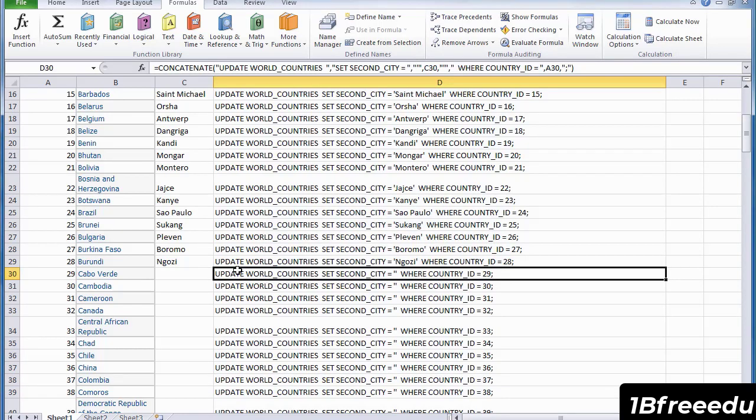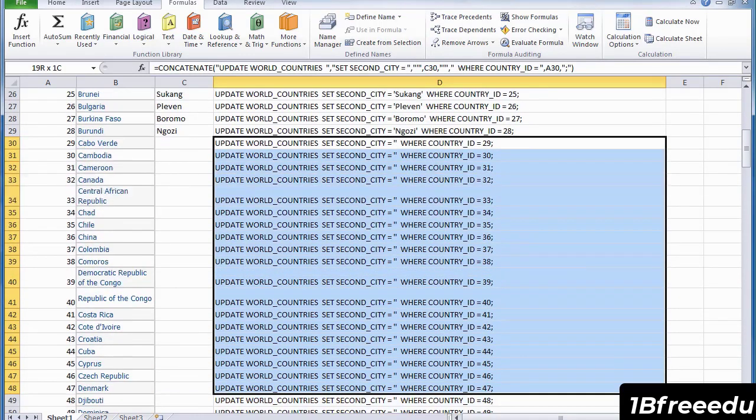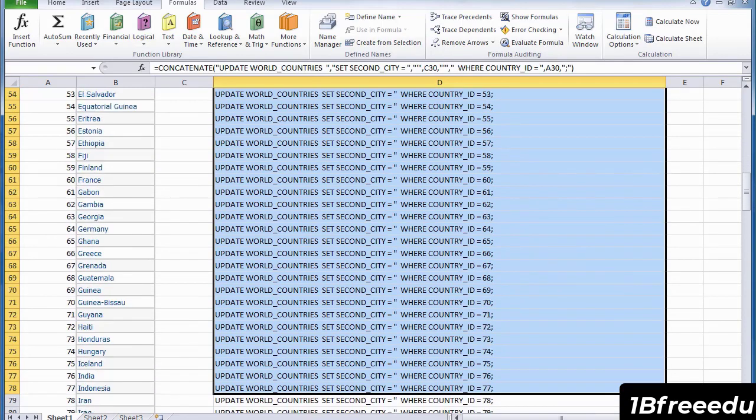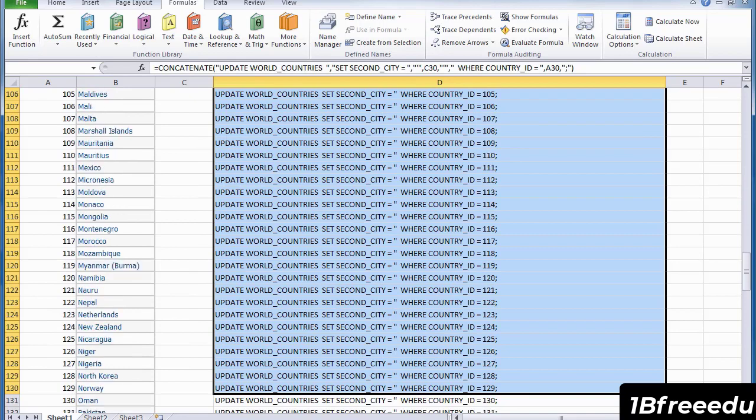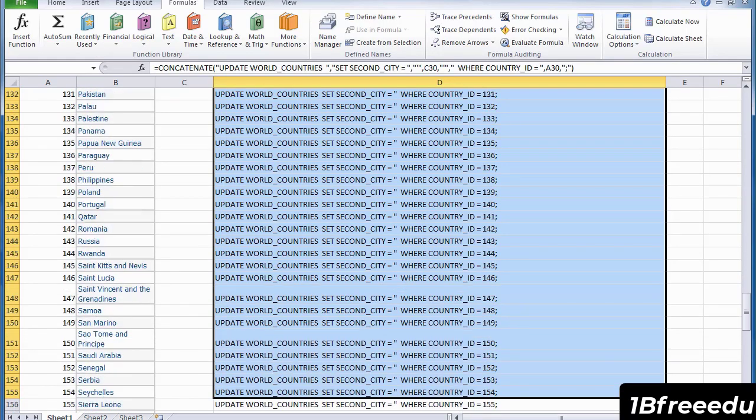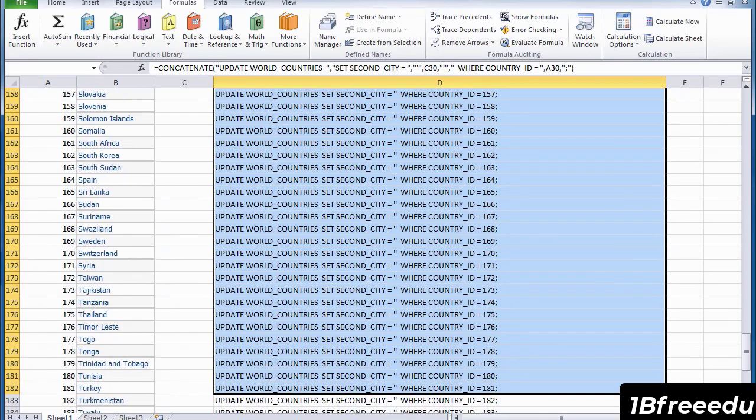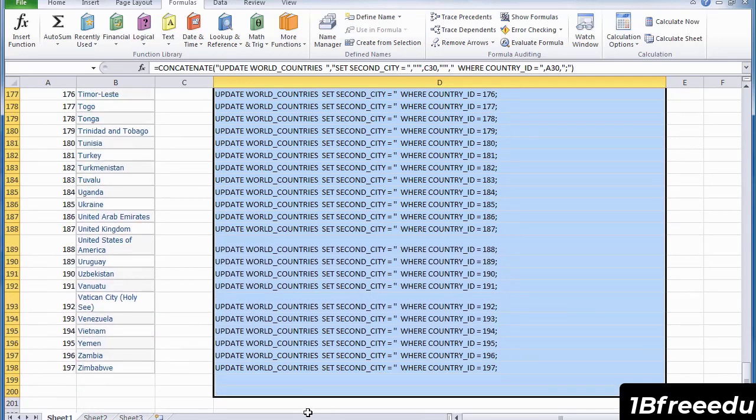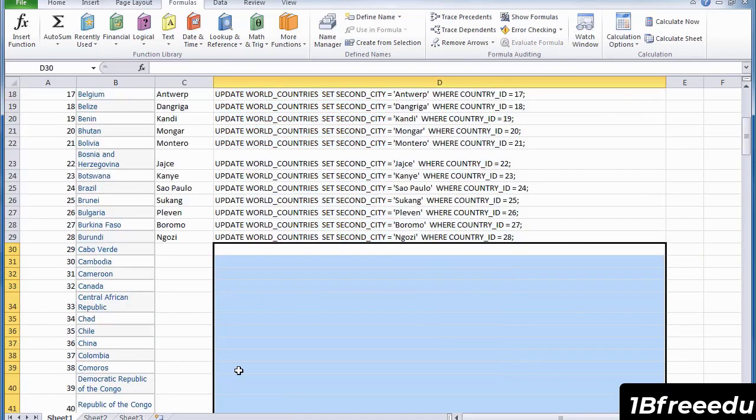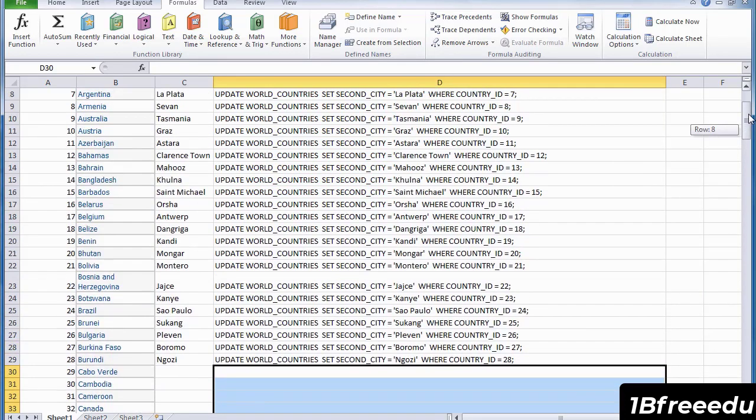I'll just say right to the end, we delete that because we do not need that data. We haven't got the data for that. Okay, just highlight all that and delete. So the data we're going to work with ends on line 28. So now that we've got that,